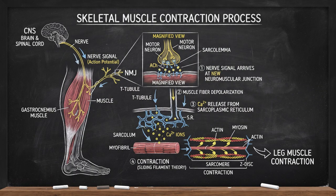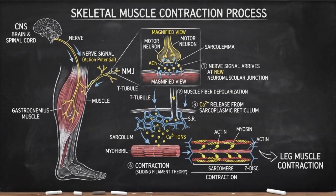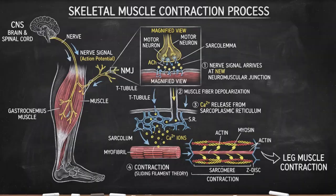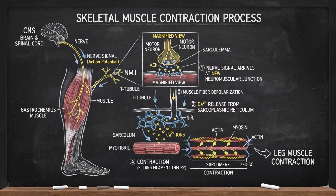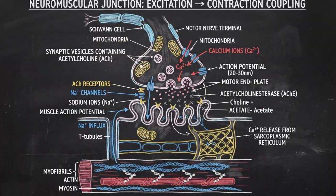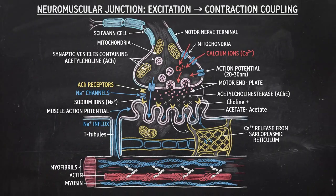But there's another nutrient that makes sardines especially interesting for muscle and bone health: calcium. Canned sardines with edible bones can provide a significant amount of calcium. And calcium isn't only about your bones. Calcium also plays a central role in muscle contraction. Here's the basic process. When your nervous system sends a signal to a muscle fiber, a series of events occurs